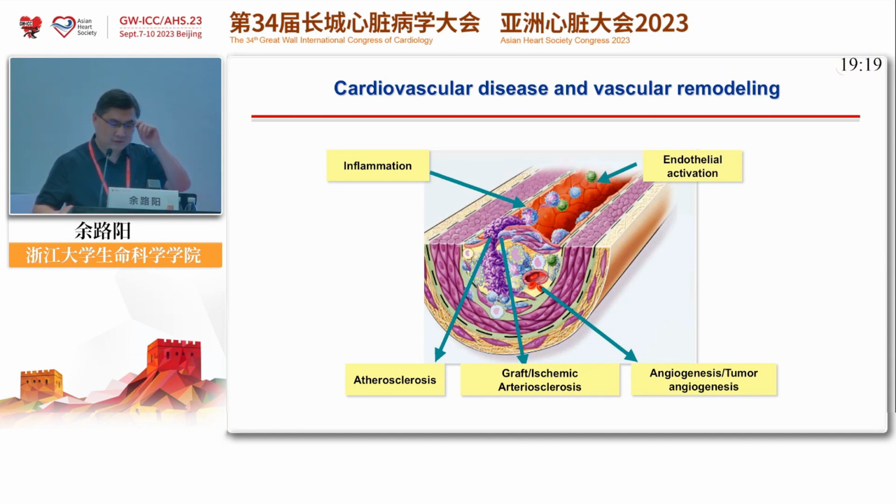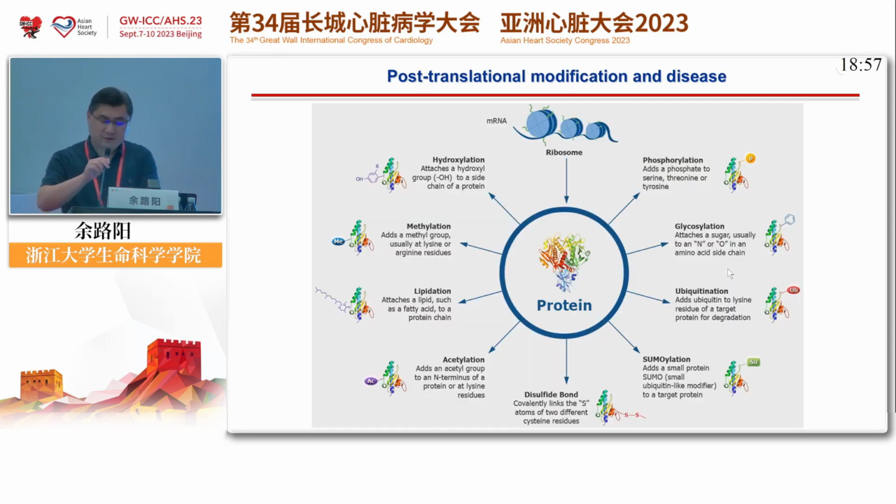Actually, we are focusing on vascular remodeling, which mainly initiates from endothelial cell activation and results in new intima formation and vascular remodeling in some arteries. It also refers to vascular network building like angiogenesis. Why are we interested in the PTM, or post-translational modification? As we know, most cardiovascular diseases are